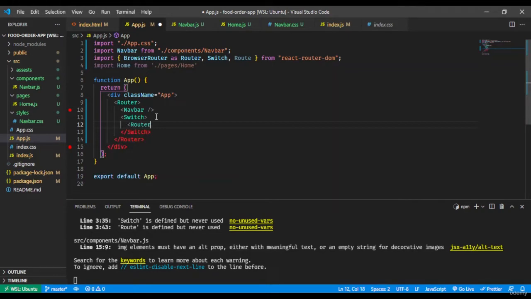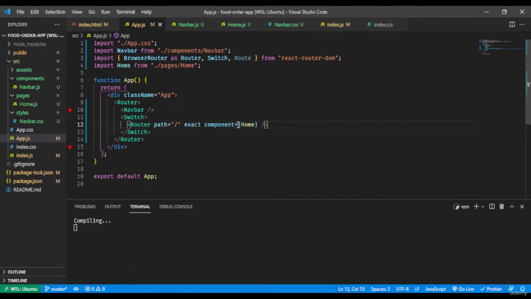Route, and now we have to provide a path, which is the URL for this route. It will be slash, meaning home, and then we'll provide exact component, which means the exact component we want to render on going to this slash URL. For that we provide an equal sign and then the name, home. That's it. This is a self-closing tag, and when we close it and save it,